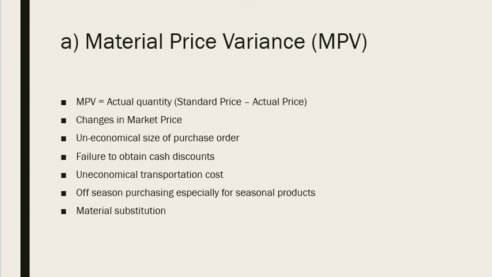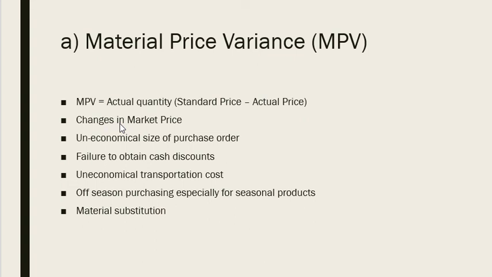So the formula for material price variance, which is MPV, is equal to standard price minus actual price into actual quantity. So with your actual quantity, the difference in your standard price minus actual price multiplied with your actual quantity will give you your material price variance. Because as you're concentrating on price, you will be taking your standard price minus actual price, then multiplying with your quantity.